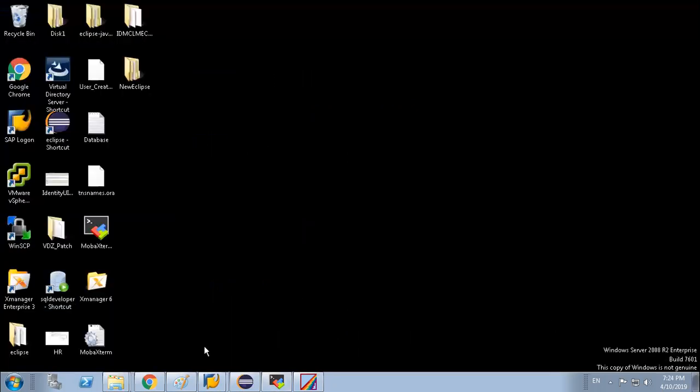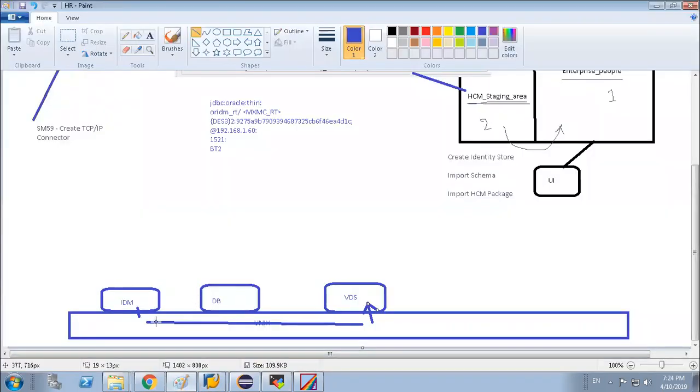What I told, everything, our IDM component, our database component, our VDS component, everything is installed in our Unix server.